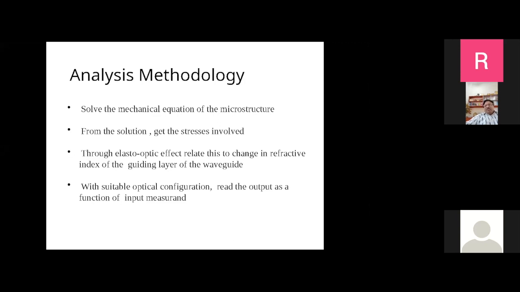As you know, once you apply forces, pressures, etc. on the silicon, there will be a lot of stress induced, not only physical movement. All this can be solved. So you can relate the displacement and stress fields mathematically. Then, of course, once you get the stress involved, you can relate it to the